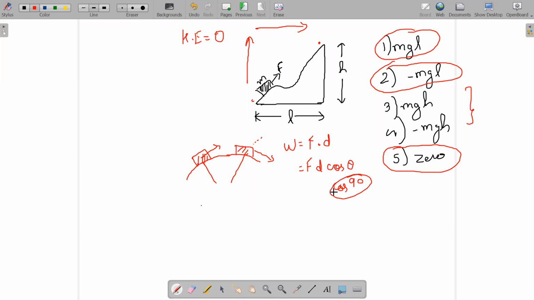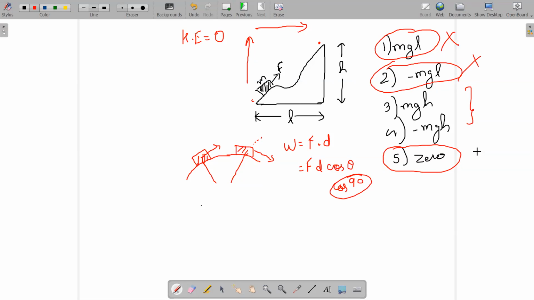Why, sir, do we need to consider that? There is no need to consider that. That's why we are neglecting. It's not because it has moved up only or this way only, okay? Because there is a lateral movement actually, but the force and the displacement are both at 90 degrees. So there will be no work done in that case. So we will not be considering these two values. These are eliminated right away.